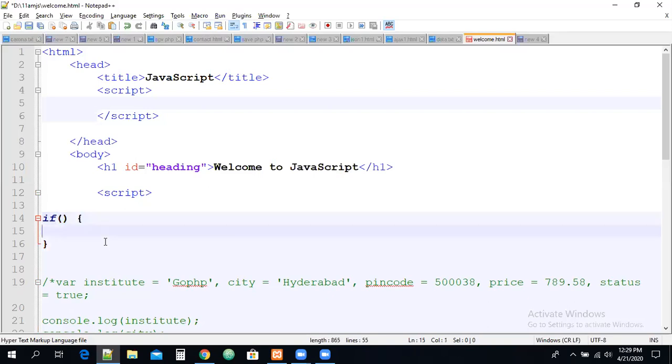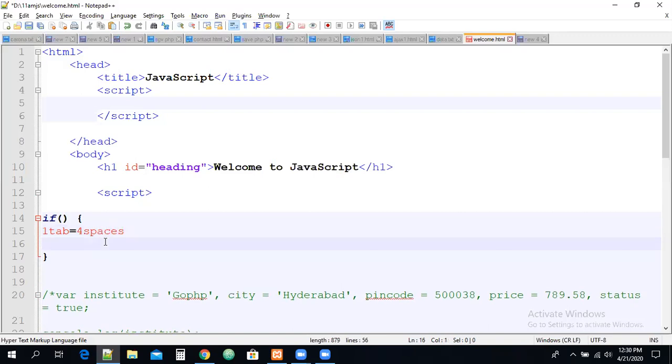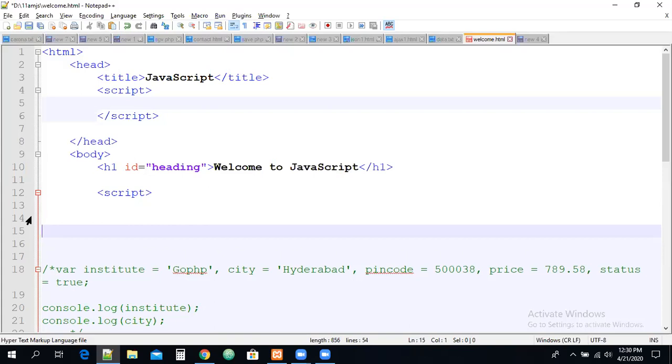If, open, close, and write some statements here, right? And actually we are giving tab space now. What is the meaning of tab? Four spaces will come, right? Here remember carefully, one tab equals four spaces. Generally you have to make it two spaces only. But this editor may not support that option, while other editors will support it, guys. Just add two spaces only. You can check anywhere, for entering tab it will give two spaces only, not more than two spaces, guys. This is also one practice for us, right?